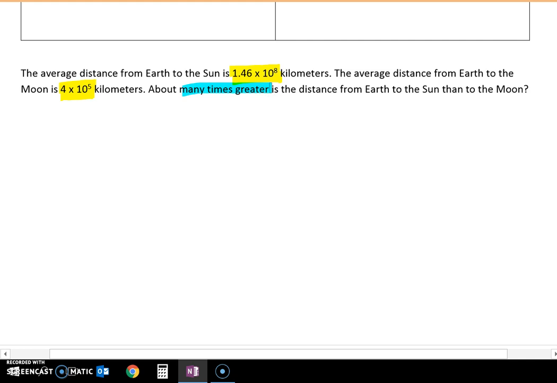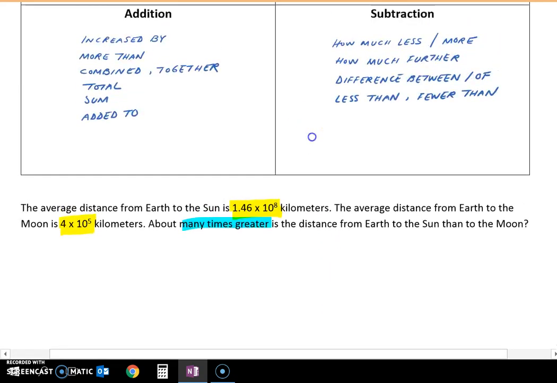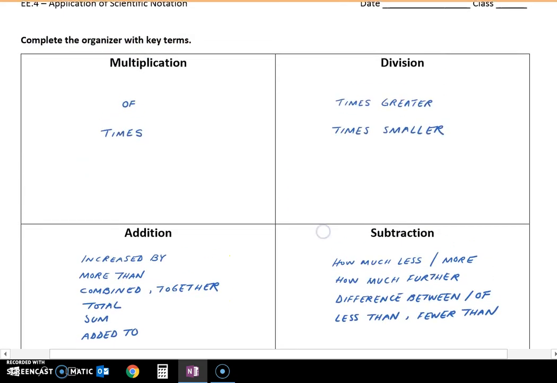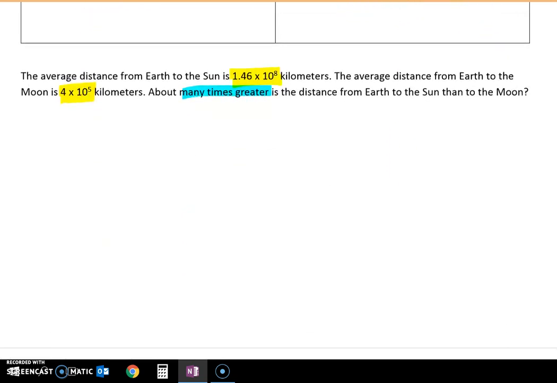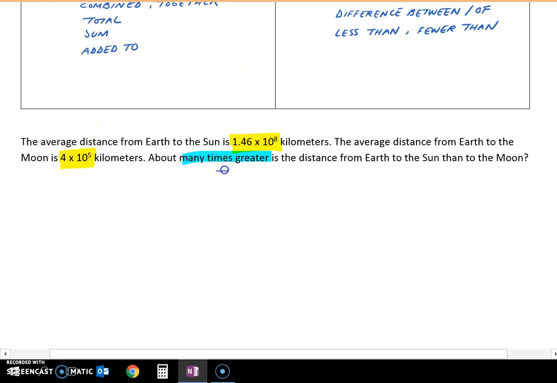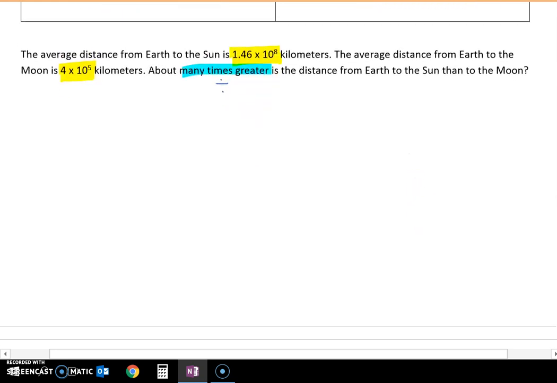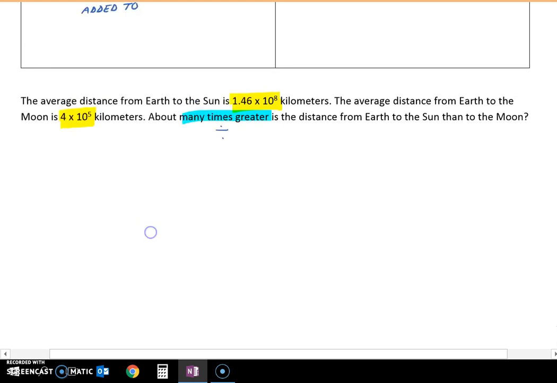Hopefully you looked at your key terms and you identify that, the how many times greater, and the how many times greater up here is your division. So I'm just going to make a little note right here that this means to divide. Now when we're dividing, we need to figure out which number is divided by the other number. So the way that we can do this is I want to know how many times greater is the distance from the Earth to the Sun than to the Moon. Well, if I think about it that way, and the way that the question is structured, what I'm really looking